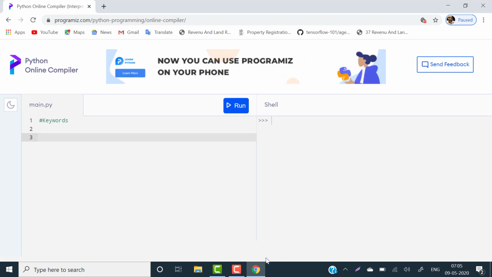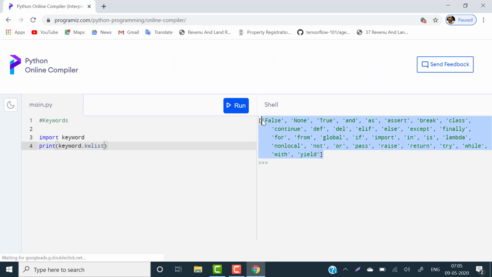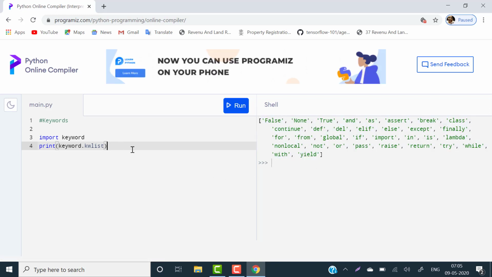Now let's write import keyword, then print keyword.kwlist, and if we run it, all the keywords are given. This means any variable we create with these keywords will give a syntax error.